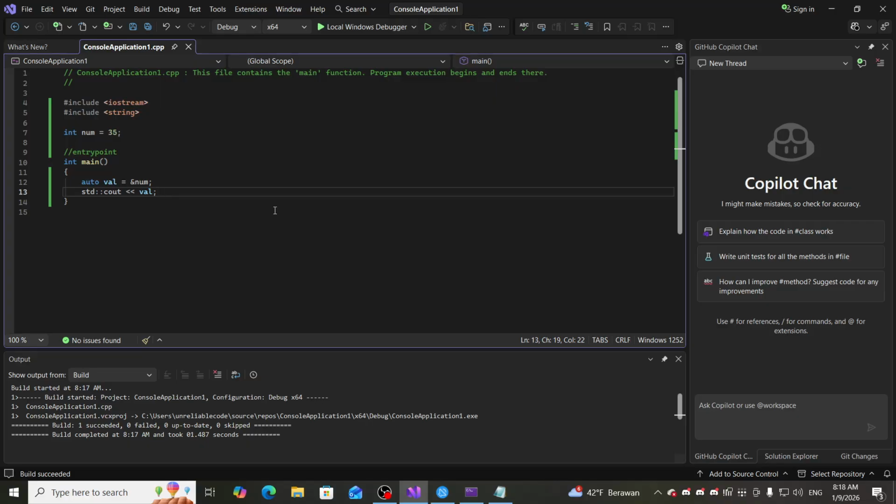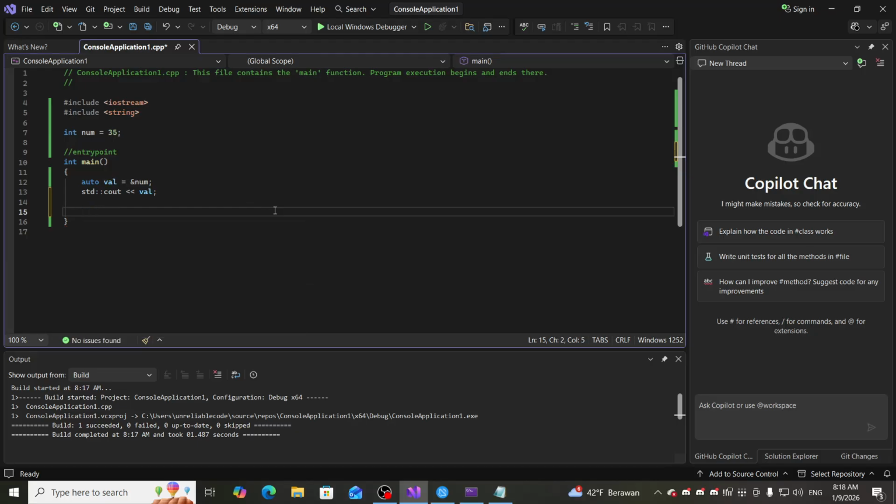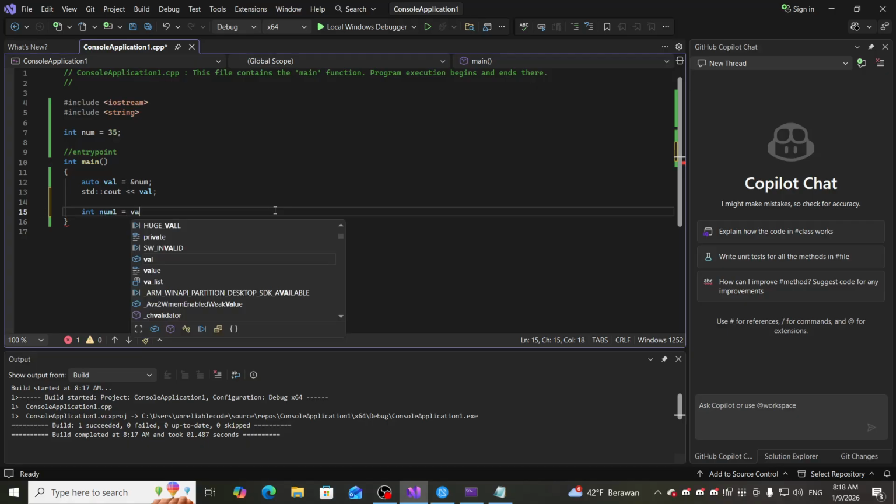It's the pointer. Okay, what if we do it like this? So we got the num, the val, it is the pointer of num. Okay, so we do num1 and give it a value of val, but here we do it like this. Oh, no, wait a minute, I forgot